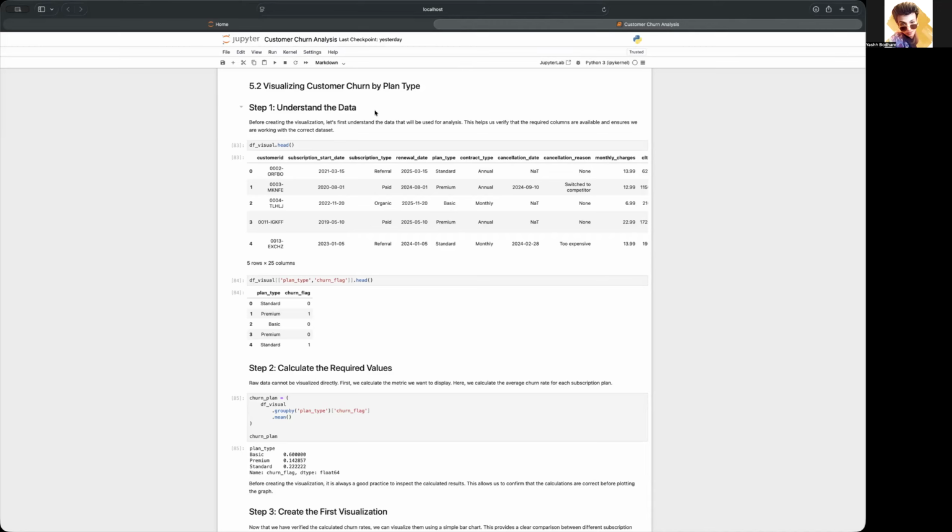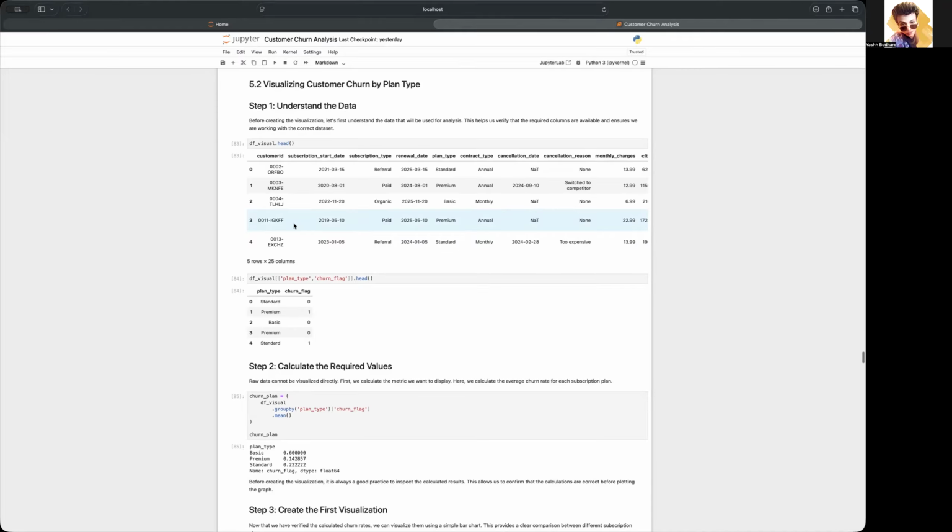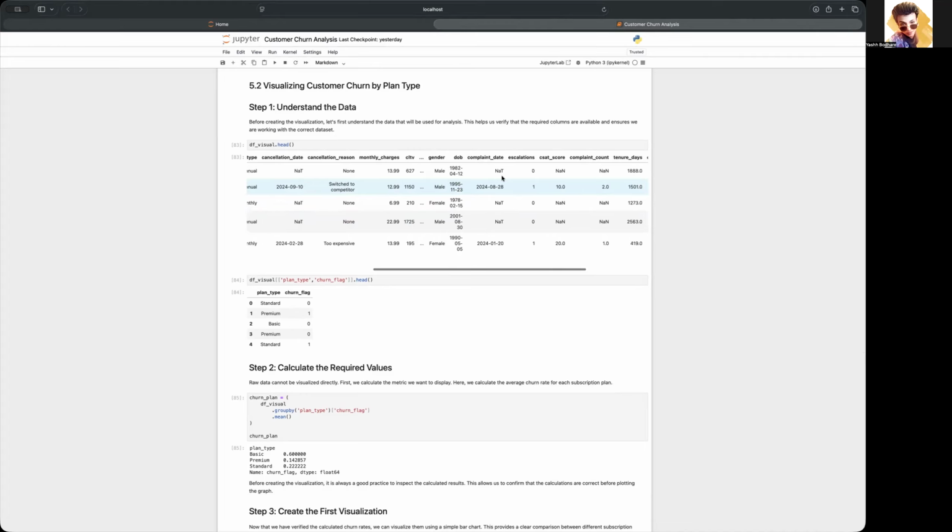So first step is to understand the data. As you can see, df_visual.head() displays the first 5 rows of the visualization data set. And that's what you can see. We use it quickly to confirm that the data set is available and the columns such as plan type, you can see,